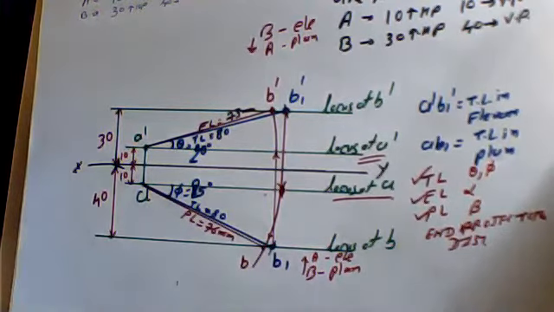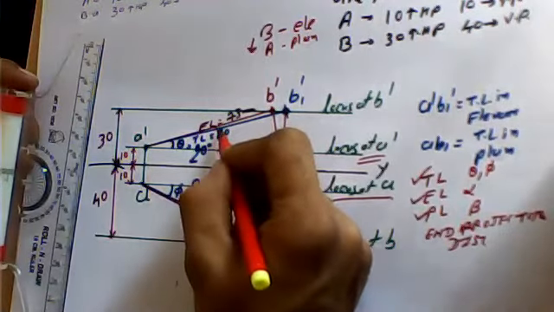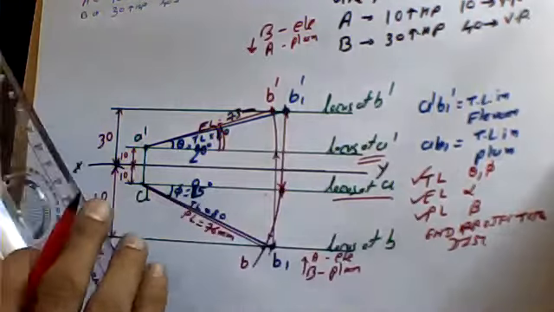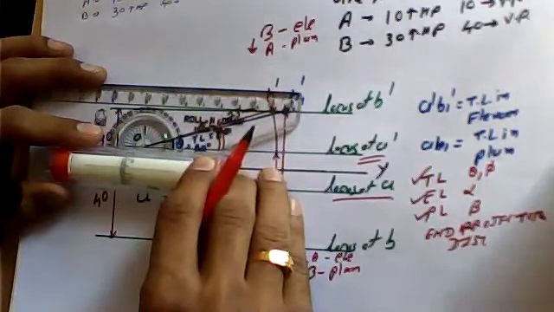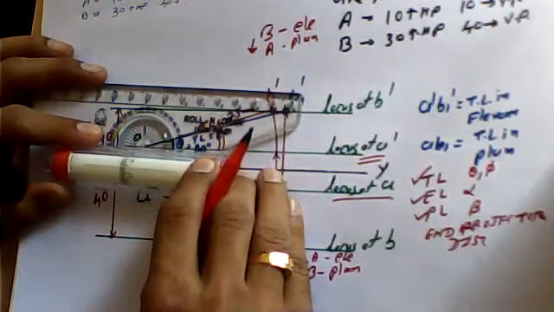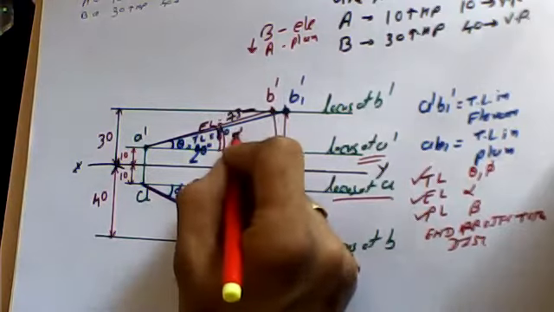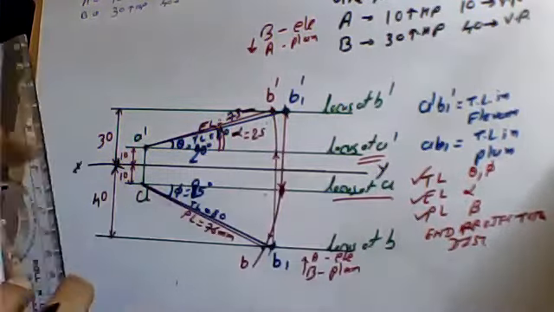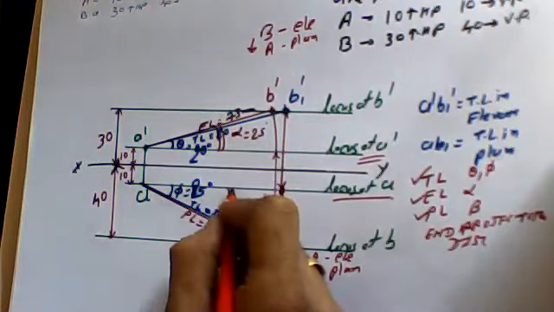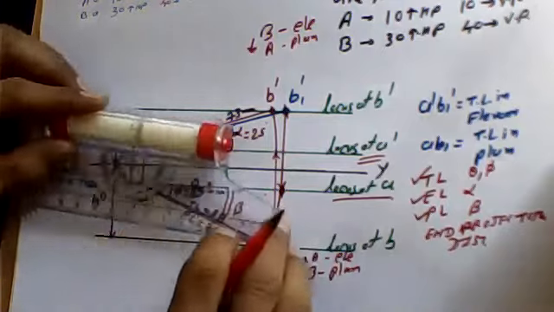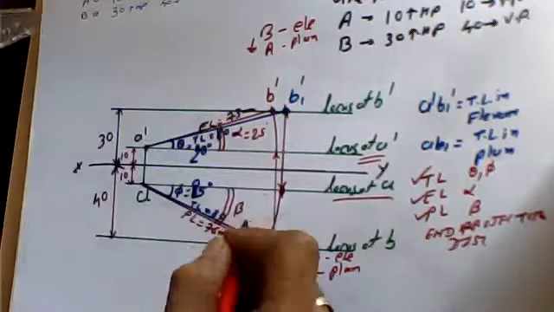Now you need to measure alpha and beta. What is alpha? Alpha is angle of elevation length with the reference. So alpha कितना मिल रहा है? You need to check it with the angle protector. It is about 25 degrees. So we are placing alpha equal to 25 degrees. And यहाँ पे check करिए beta. What is beta? Beta is angle of plan length with the reference. This is beta. तो beta कितना मिल रहा है? Let us check. Beta is about 30 degrees.